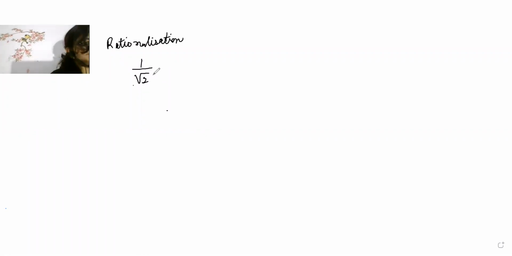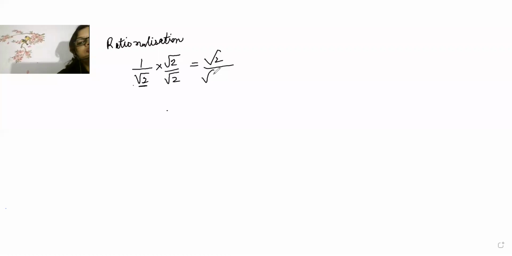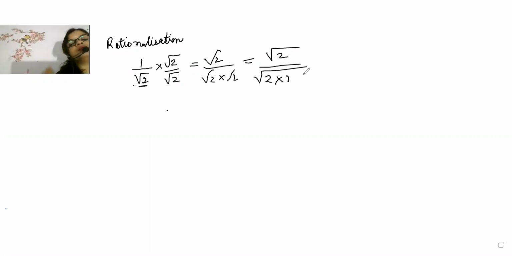I'll tell you a shortcut method. Here it is root 2, na beta. Then you multiply up also root 2 and multiply down also root 2. This is called rationalization. Now 1 into root 2 will become root 2, and down it is root 2 into root 2. And now you know that it is a square root. So here root 2 into root 2 will come, and beta, from root 2 into root 2 one pair will come out. So it will become root 2 by 2. I hope you have understood. Did you understand this one or not? Quickly tell me. We will play with this. Ready, everyone?